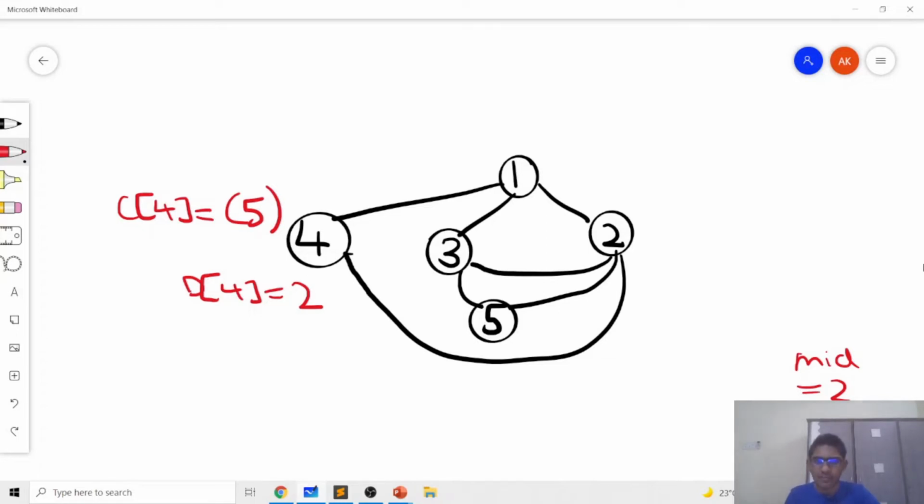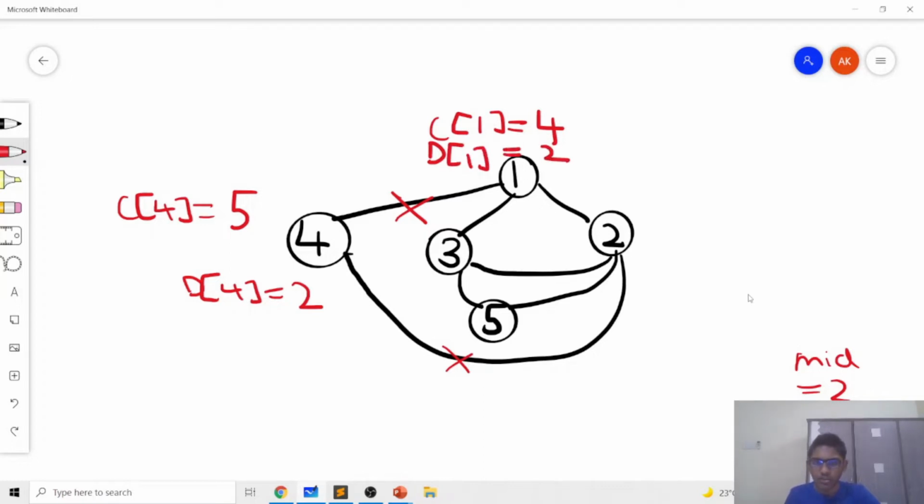Then we basically maintain the number of neighbors of each node. The number of neighbors of node 1 will decrease by 1 because 4 is already processed. Since 4 is already processed, we know that the number of neighbors of 1 is only 2. So we can assign c of 1 to be the next largest value, which is 4. And note that now d of 1 will be 2 because there are two neighbors of 1. That's why we can just ignore the neighbor 4, because we know that when we reach node 1, 4 already has a larger value.